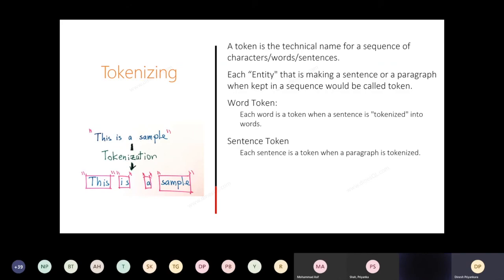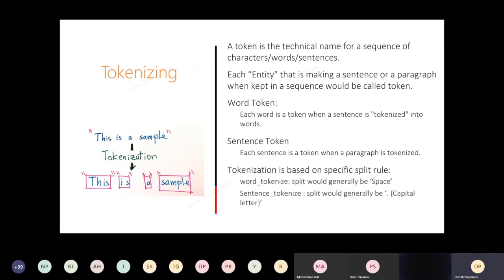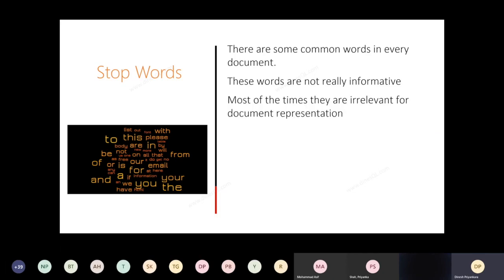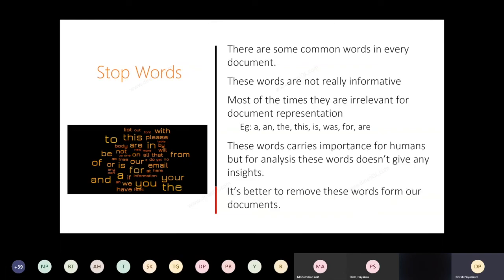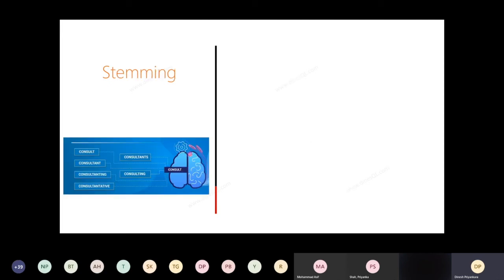Somehow you need to split this into small units, then machine can easily understand your data. And the stop words, we talk about it. Stop word is all about finding the words like is and are, so you can remove those things because we don't take those things to sentiment analysis.